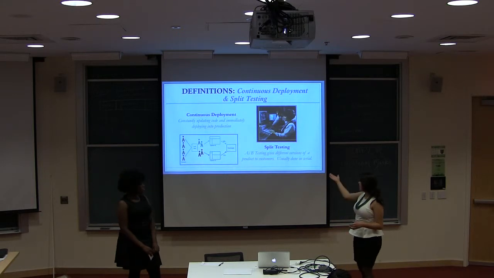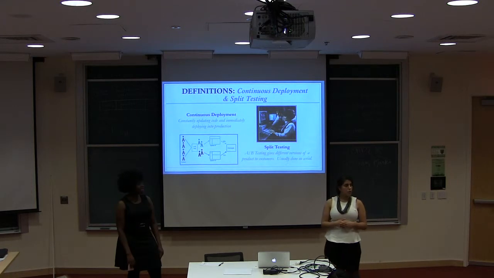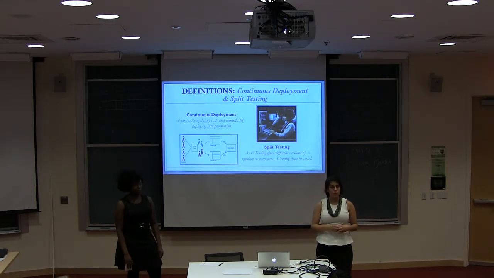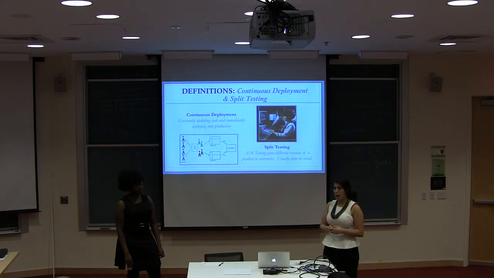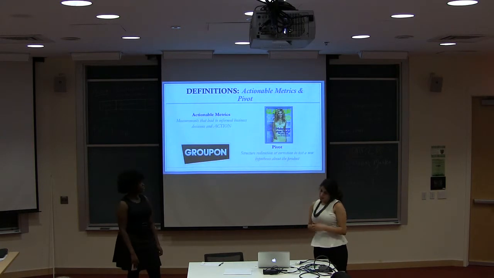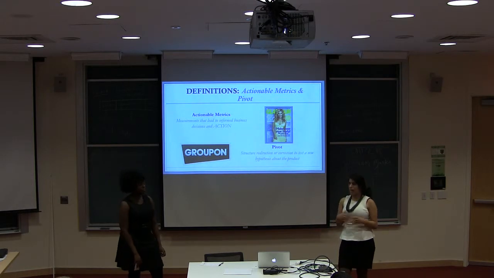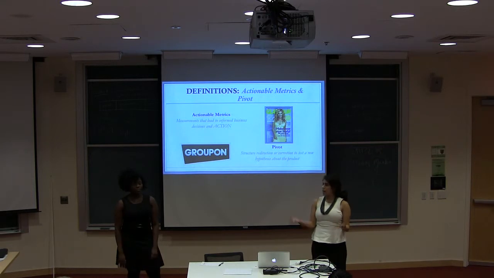Split testing is another interesting way to approach the market. So when you split test, you have two different products, A and B, and you give them to two different consumer groups. You see how the consumers react, and if group A seems to like the product more than group B, if your A product is better than your B product, then you'll proceed with your A product. And you can have more than two products in split testing. And then actionable metrics, that's the measurements that you take that lead to informed business decisions. So it's kind of your takeaway